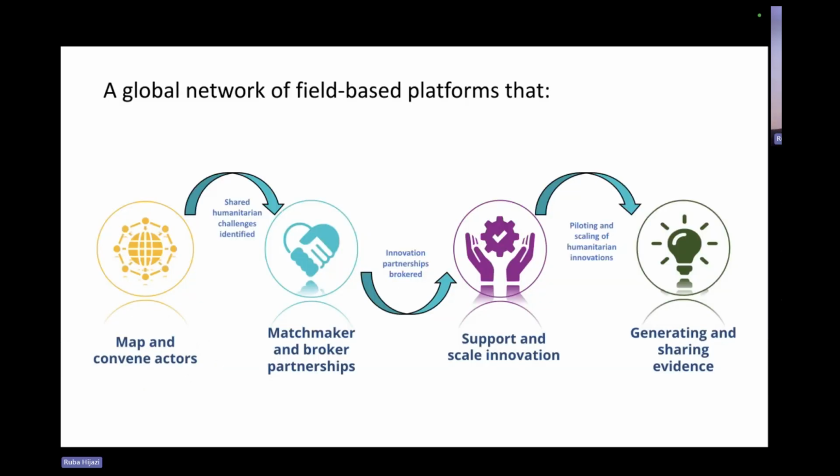What we do is usually follow this process. Whenever we start working in any crisis, we start by mapping the different actors working in a specific location. When we talk about actors, we are talking about the humanitarian actors, the innovators, the academia, sometimes the government, and